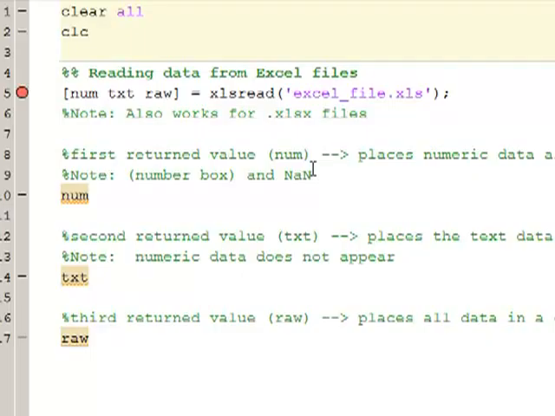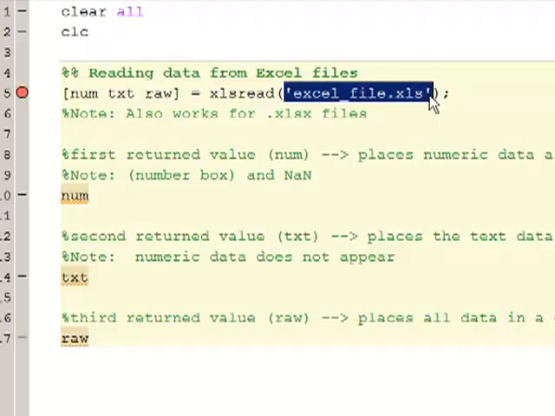We're going to get the data in 3 different formats. Let me go ahead and open this Excel file. The operative command here is xlsread, and you give it the file name. It will open it, and it will default to sheet 1. You can change that later, but it will read the data from this file and return it in